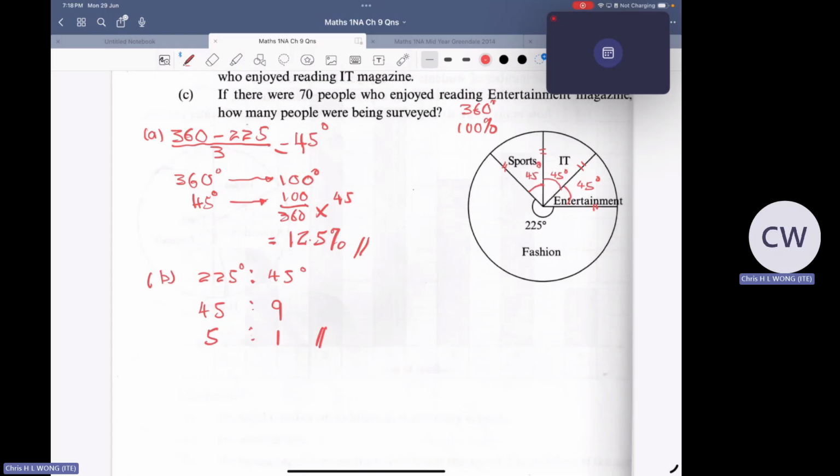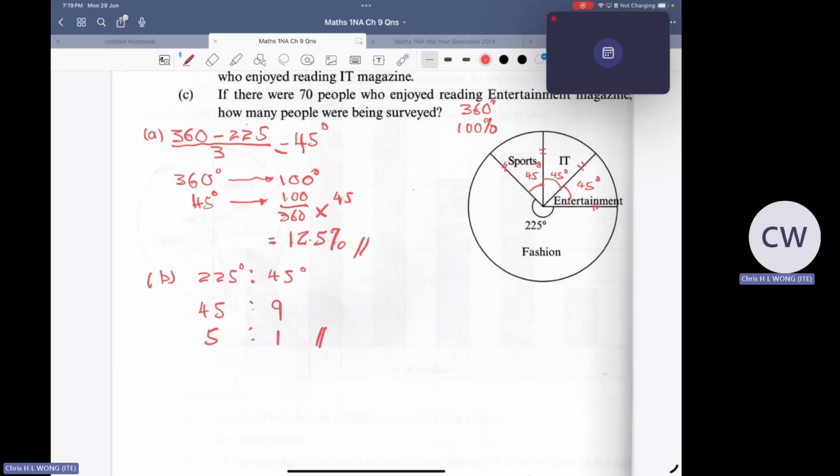Remember, when you're doing ratio, you must make sure that the units are the same. You can find the ratio using percentage, you can find the ratio using degree, you can find the ratio using a number. But the two units must be the same. You can find any ratio on the pie. But you cannot take 2 to 5 degrees to 12.5, for example. They're totally different. 12.5 is a percentage. 2 to 5 is a degree. They are not the same. You cannot form a ratio like that. Your ratio must be the same unit. Yeah?